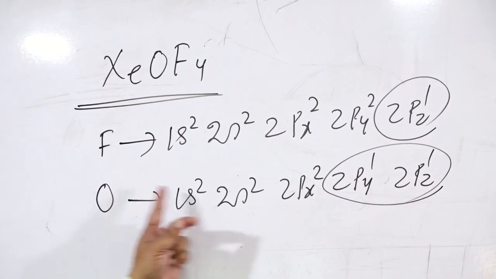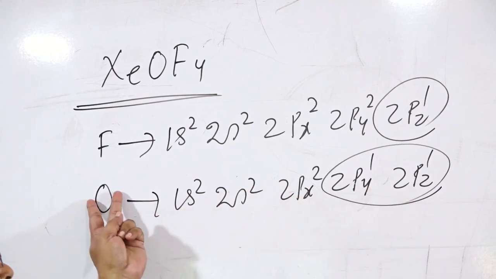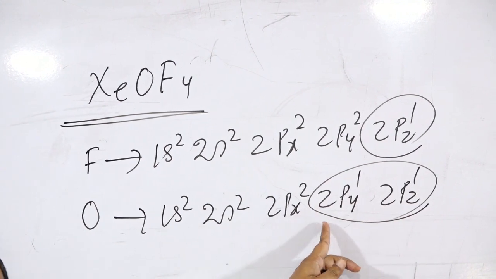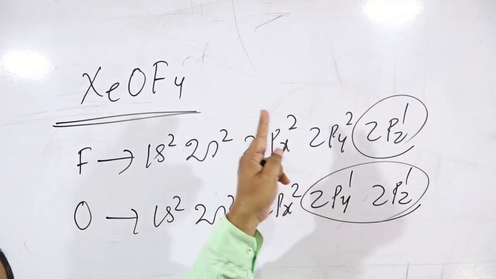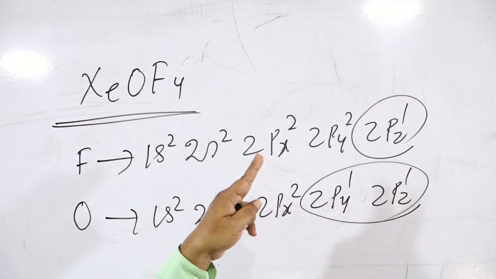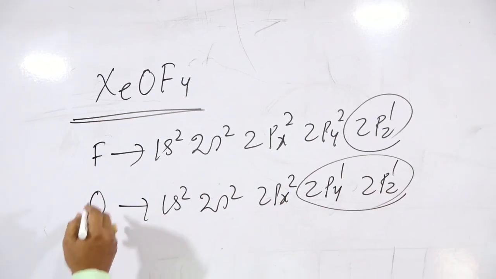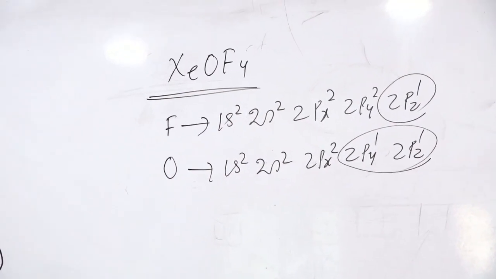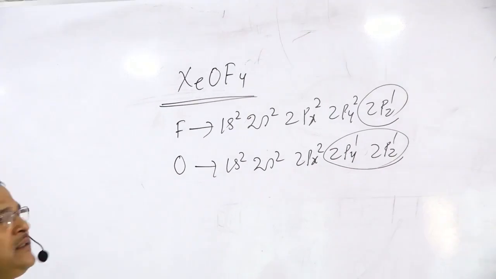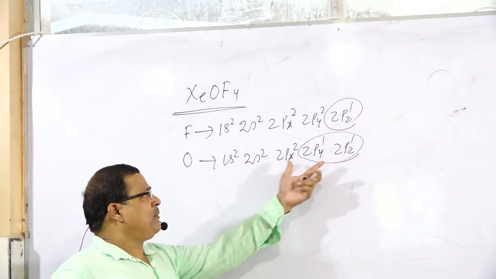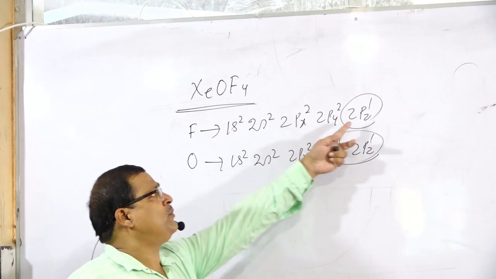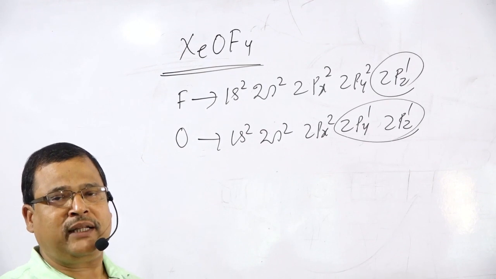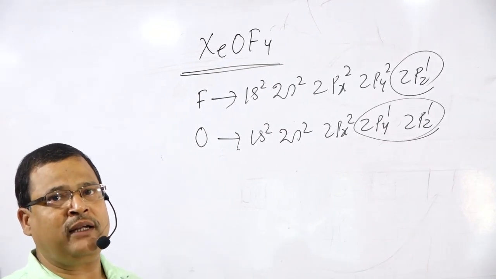So two bonds will be formed by that oxygen atom with the same central atom, that is xenon. Means one will be sigma and another will be pi. But fluorine atom has the ability only to form sigma bond. Then how many unpaired electrons are required? First, we have to find out that one oxygen atom will form 2 bonds, 4 fluorine atoms will form 4 bonds, 4 plus 2, that is 6. Means xenon atom must make the ability of 6 unpaired electrons.